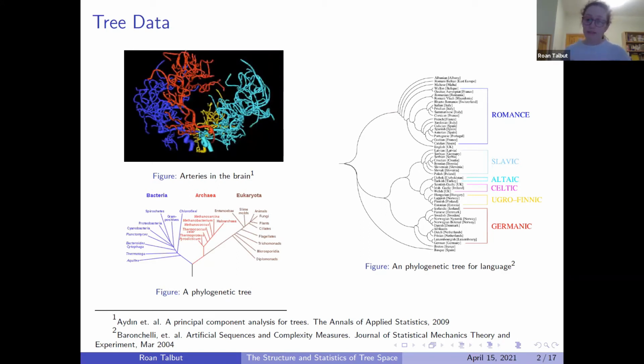But then another example is phylogenetic trees. So here we've got phylogenetic trees for different species, different languages. These trees are, again, in and of themselves a type of data, but they're actually constructed from other data which we're more familiar with. So a lot of these trees will be constructed using some kind of similarity metric between DNA or words